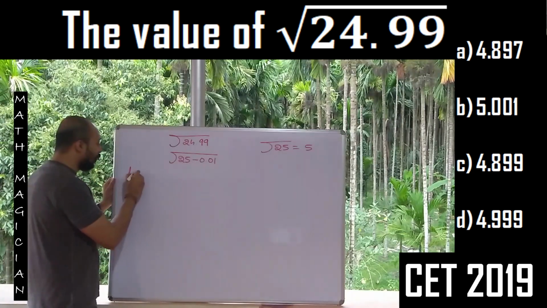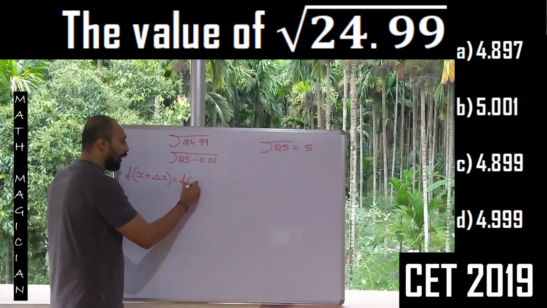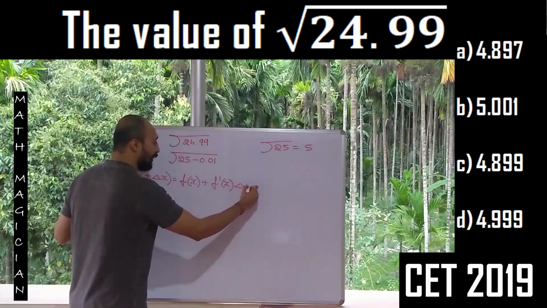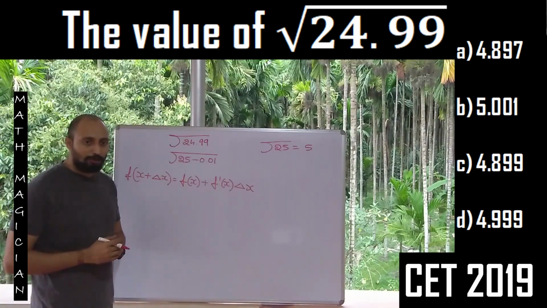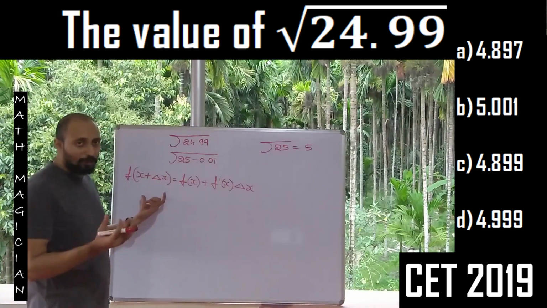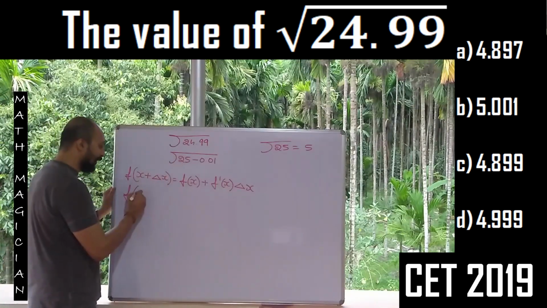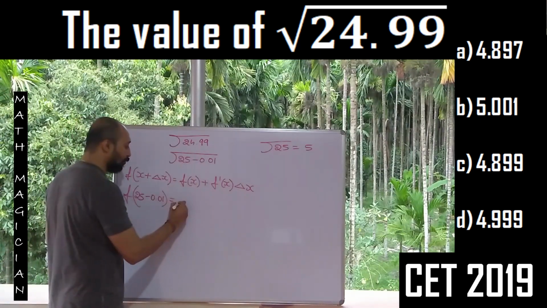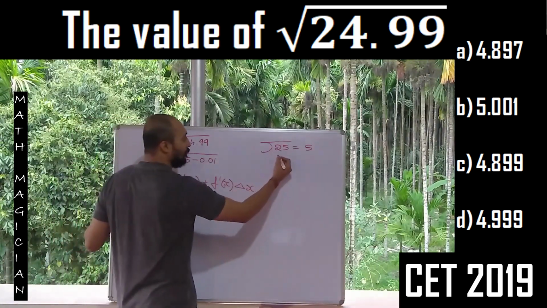My formula is f of x plus delta x is equal to f of x plus f dash of x into delta x. So we can directly find this value. There is no issue for us to find these values because it is very simple. So I will take the values. The x value I will take as 25 and delta x is minus 0.01. f of x value is root 25 and f dash of x is